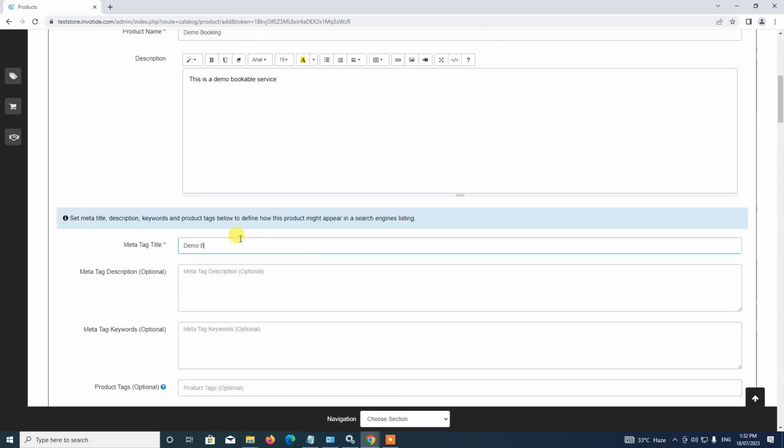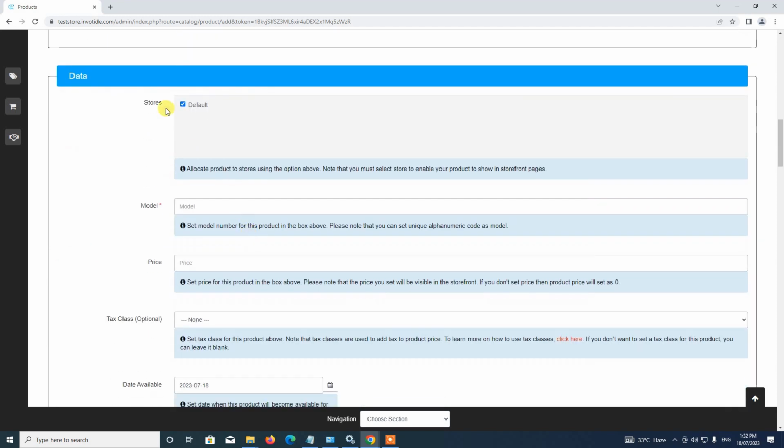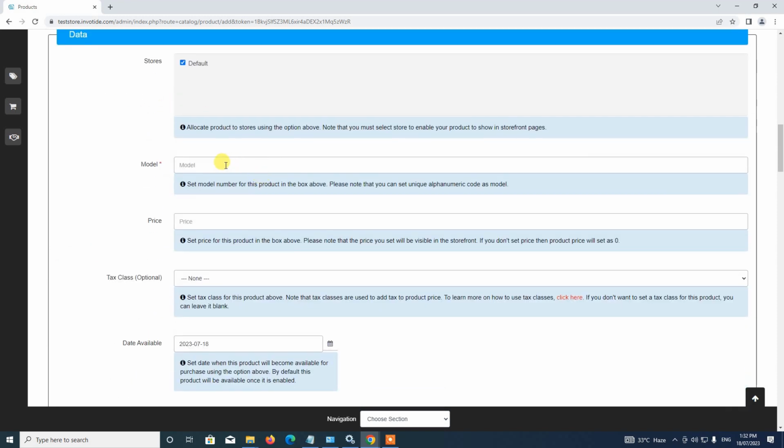So we call this the meta tag title. We put the title as demo booking. So we leave the meta tag description and keyword as it is optional. So in the data section, we add a model number. So we add the model number as 20. This should be a unique